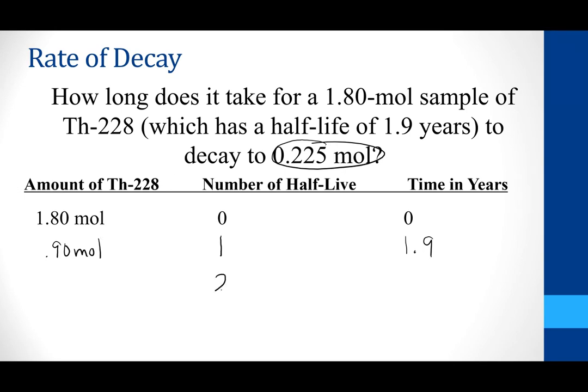So another half-life is going to go by. So 1.9 plus another 1.9 years is 3.8 years. And after 3.8 years, this is going to be cut in half. So 0.45 moles. And we continue. So after 3 half-lives, that's going to be 5.7 years. We're going to cut the 0.45 in half. And that's where we get to the destination, the